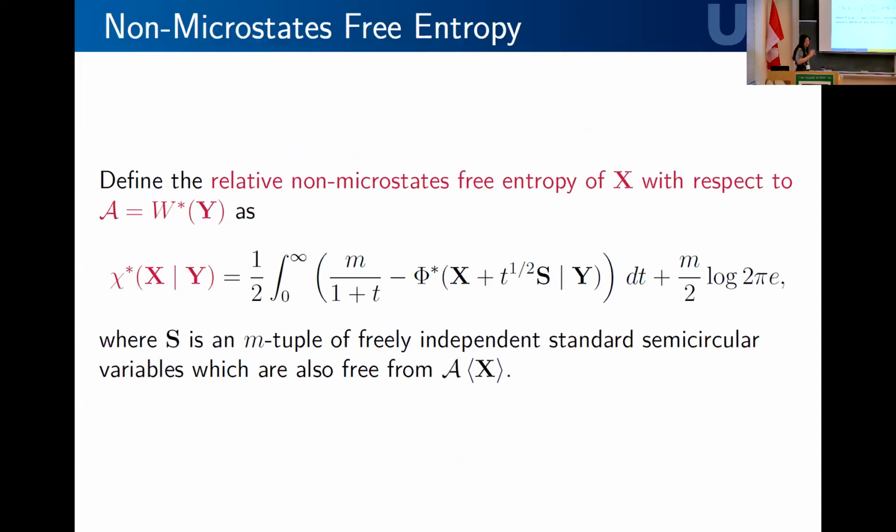All right, then you just copy and paste the same integral inversion formula with the free Fisher information in place of the classical Fisher information. And of course, when you do this movement, you have to replace the M tuple of Gaussian things by an M tuple of freely independent standard semicirculars. But everything else is the same. So now the proof is going to go through some relationship involving this quantity. And then the main result will follow by doing some analysis on this integral inversion formula and combined with the previous result on the microstates picture.